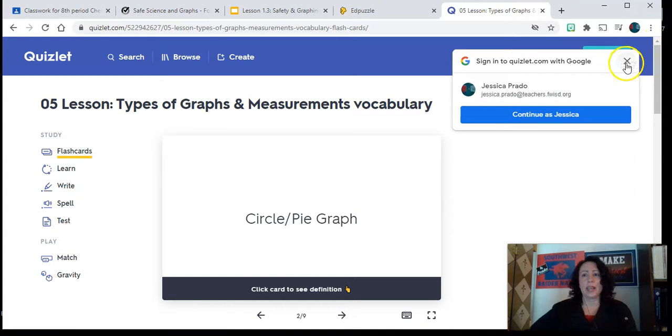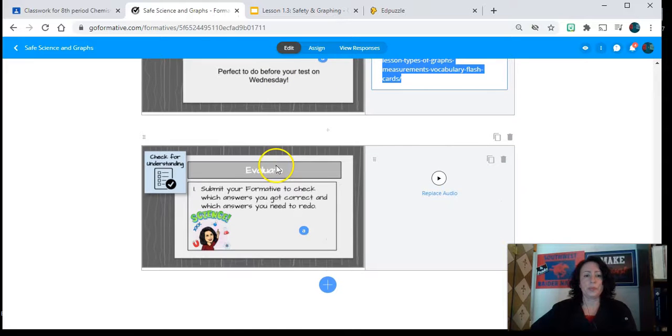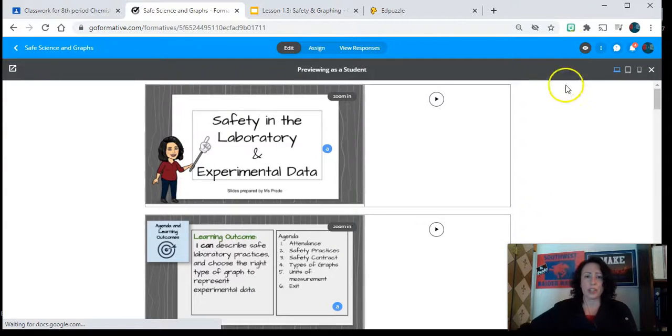But things like that could be embedded right next to the slide. And then there's the reminder: submit the formative to check which answers you got correct. And now I want to show you the student view, like an actual student view, because this is a preview. But what the student sees, and what I really like about the student view, is if I go to that,